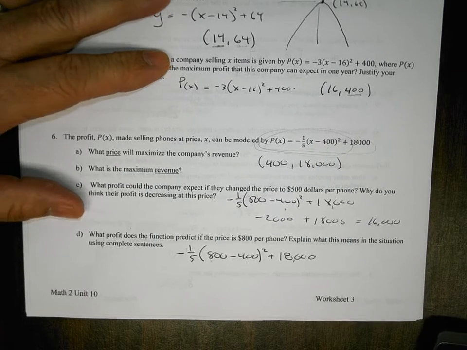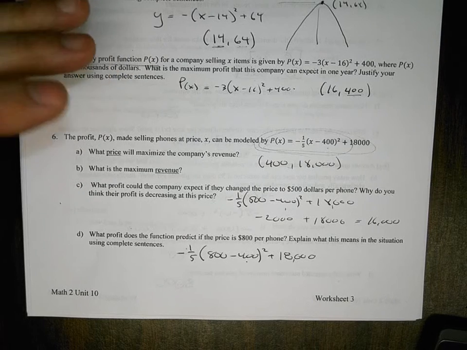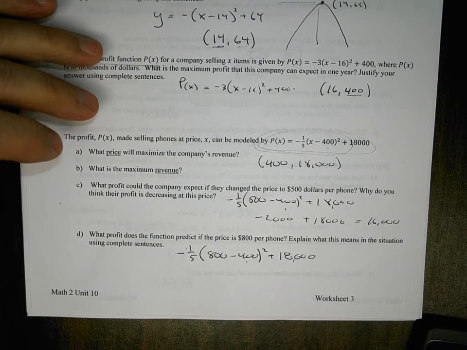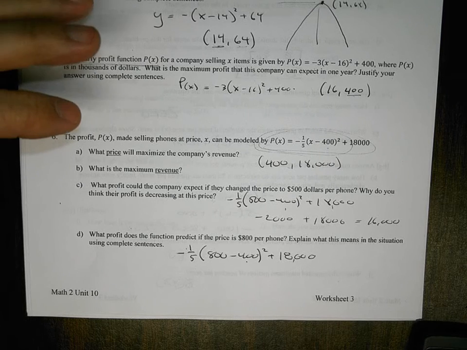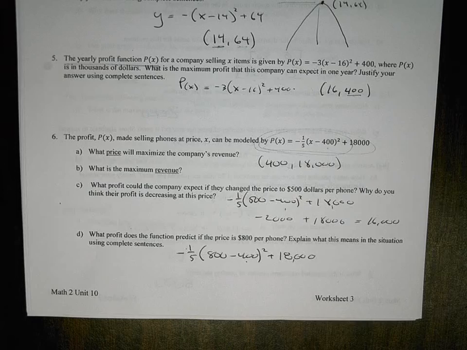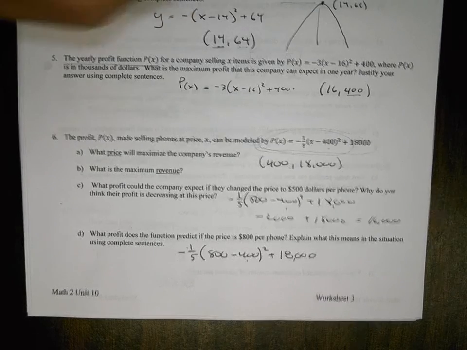Is that right? Somehow something's not right there. Negative 32,000. So they could expect to earn negative $32,000? No. Or negative $18,000? Yeah. No, negative $14,000. So that probably wouldn't be a good idea to raise the price to $800, right? No. But once again, Apple has proved them wrong. Okay,